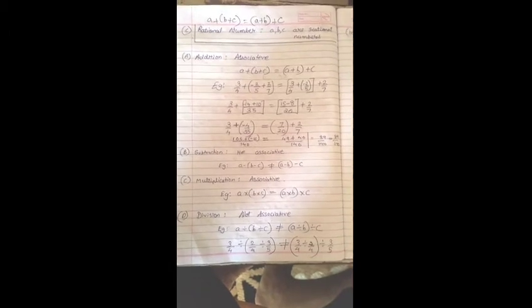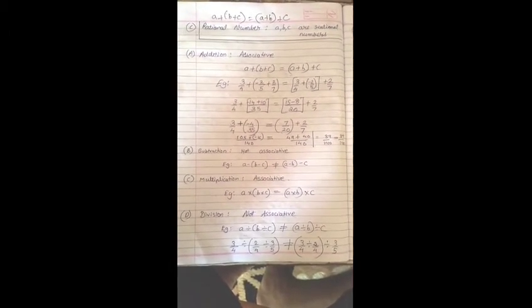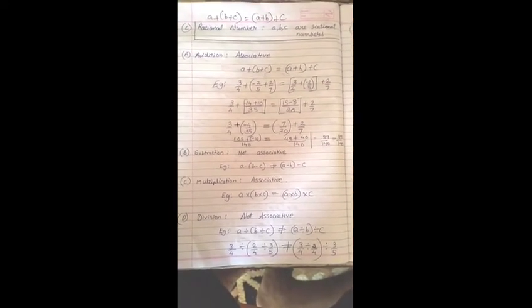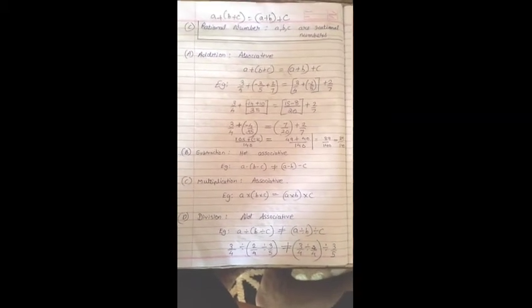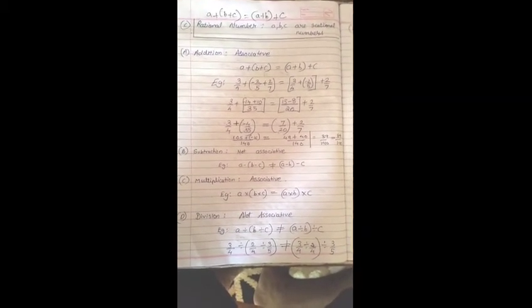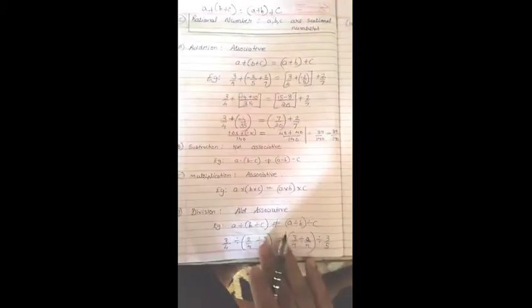Now what kind of number will you take over here? Only the rational number. And from the definition, you know what rational numbers are. Rational numbers are always in P upon Q form, P as a numerator and Q as a denominator. You cannot take 0 in the denominator. Okay. Now see, only rational numbers I have taken over here.